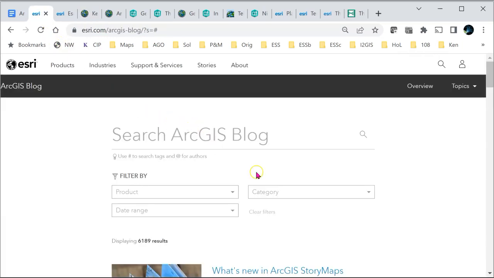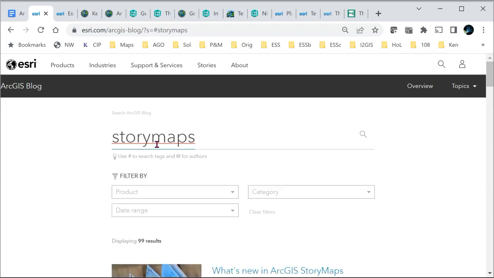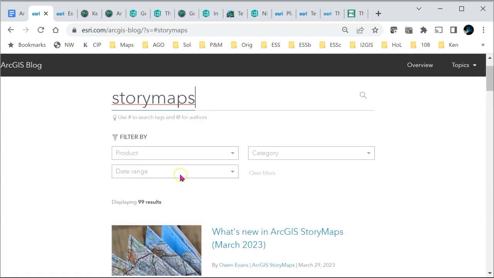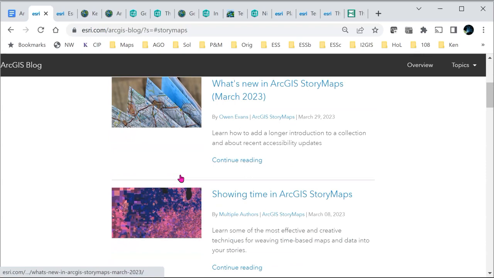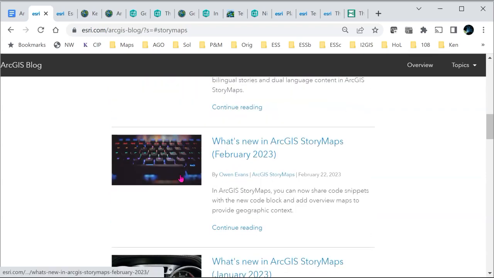This is Joe's ArcGIS blog page, and I can type in story maps and press enter, and I can scroll down and you'll see all the entries relating to story maps.